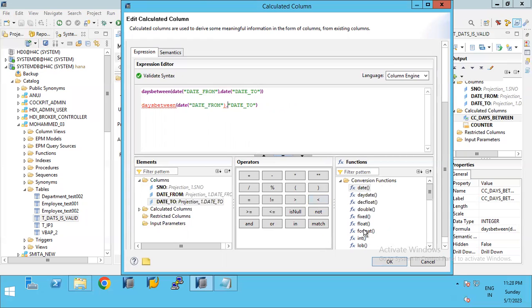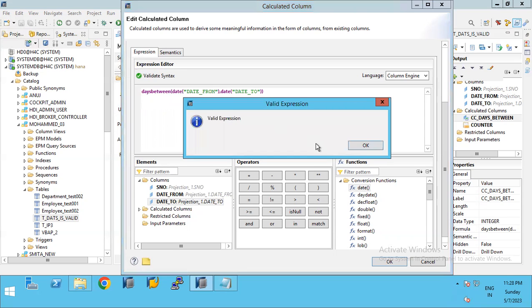So that is what I have done on the above line. So let's see, this is how you need to write the logic. All right, so days between your date from and your date to, and if it is in a different data type besides the data type date, then you should make sure you are converting this field's data type to date as well. So once we do this, we can validate it, and